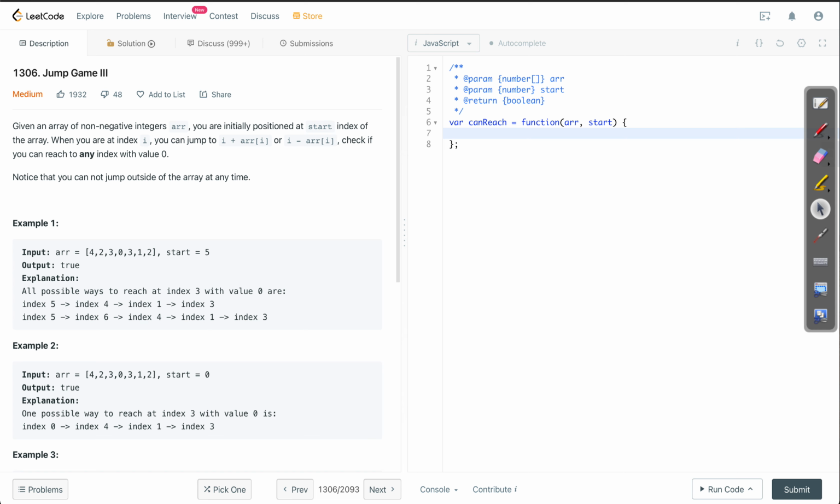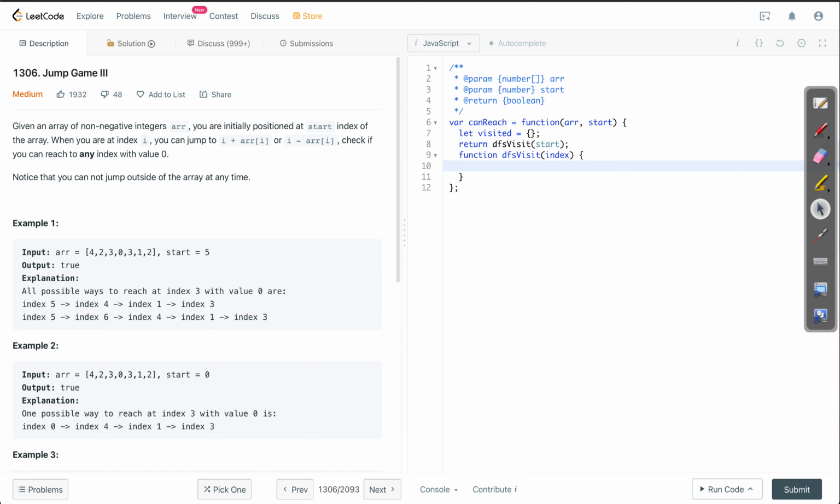So first of all, let us create a visited marker, and the function, let's call it DFS visit, and we'll be passing an index parameter here, and finally whatever the value this function will return, that will be the return of our main function as well. We start with start index.